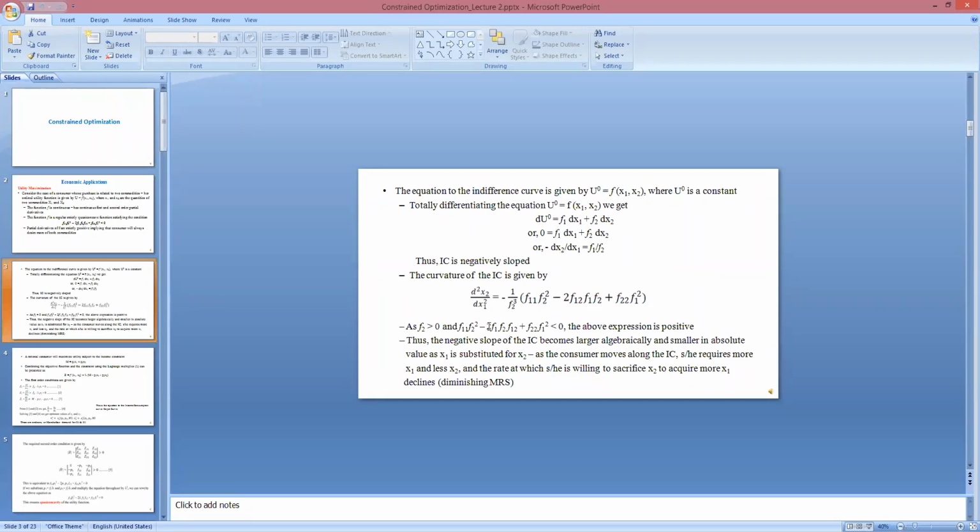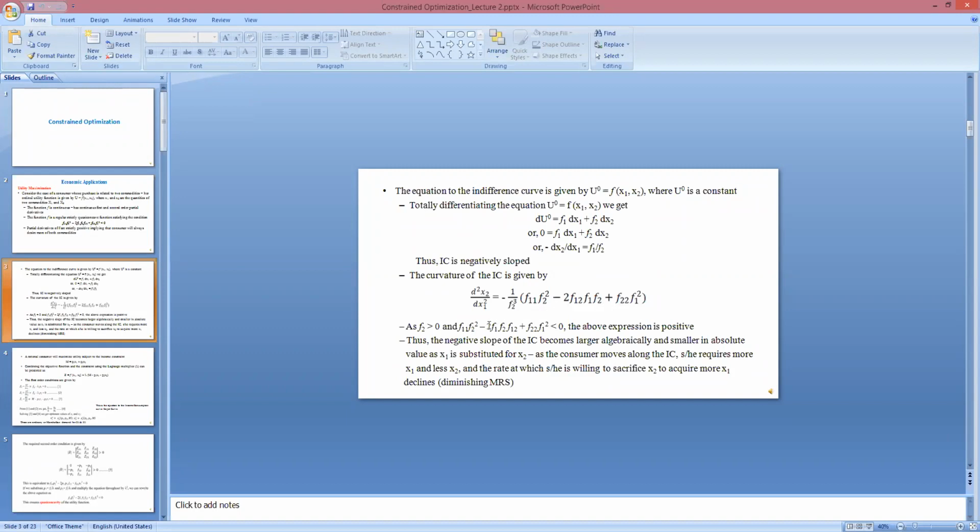Next, from the indifference curve, we consider the curvature, that is d square x2 by dx1 square, which gives us the derivative minus 1 by f2 cube, f11 f2 square minus 2 f12 f1 f2 plus f22 f1 square. So here from f1 by f2, you need to derive this derivative. First order is f1 by f2. If you take derivative once again of this f1 by f2, you will get this expression